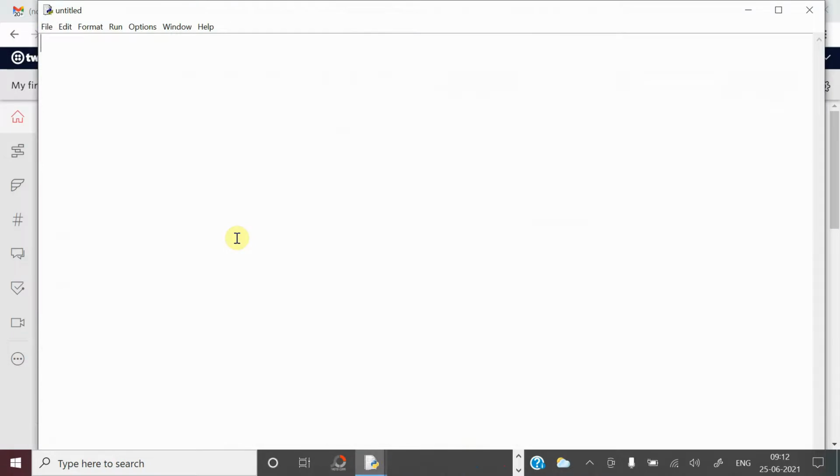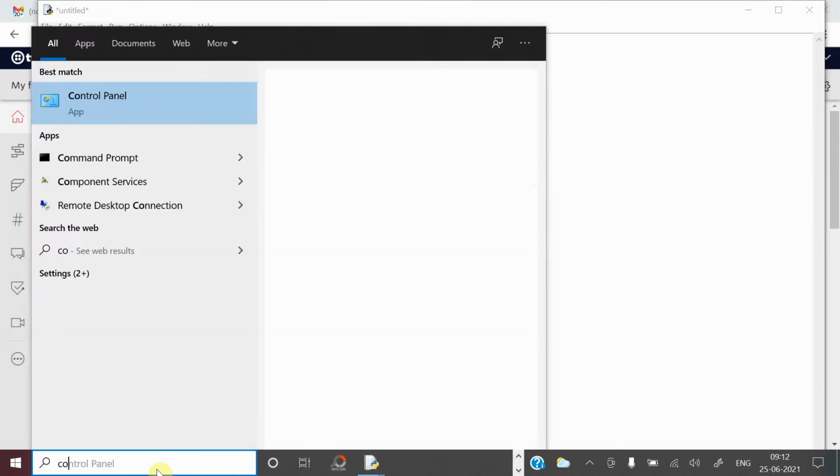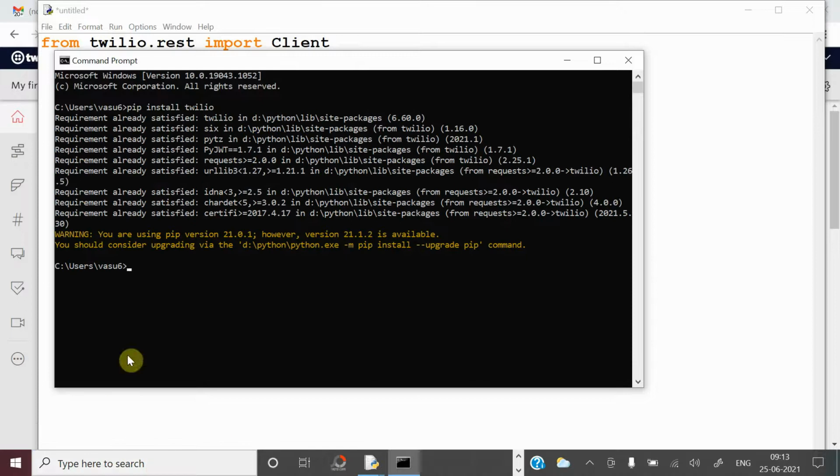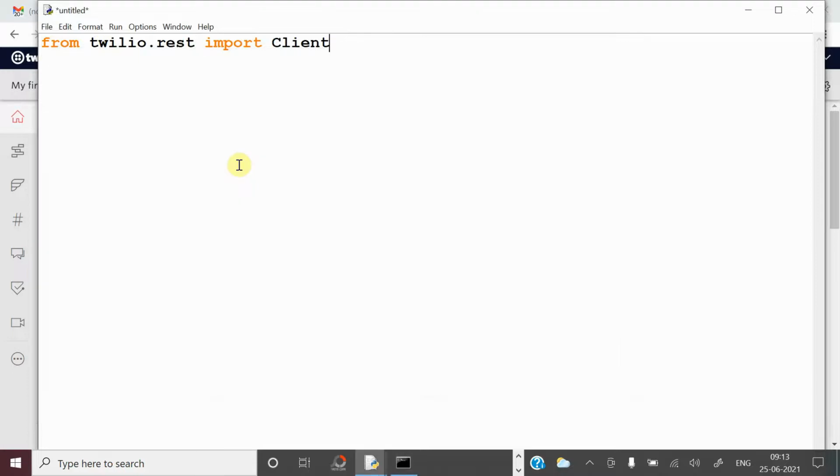The very first thing I want to do is import one module. So from twilio.rest import Client, you have to import the client. Before importing that, you have to install the Twilio module on your computer by using the pip command. So pip install twilio. Here I have already installed that module, that's what is showing. Before running that, you have to install this module, then only you can proceed further. Now that module has been imported.